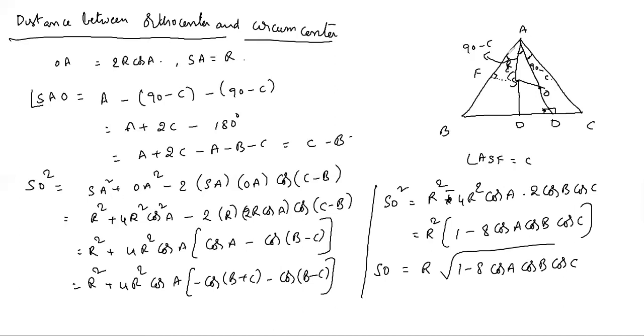This angle is 90 minus C by geometry. Because this is an altitude, we can write this one also as an angle. Suppose in triangle ADC, AD is the height, so this is 90 and this is angle C. So the remaining angle is 90 minus C. Similarly, we get this is C, the angle at the circumcenter, and this is 90, so the remaining is 90 minus C. So both are equal to 90 minus C.